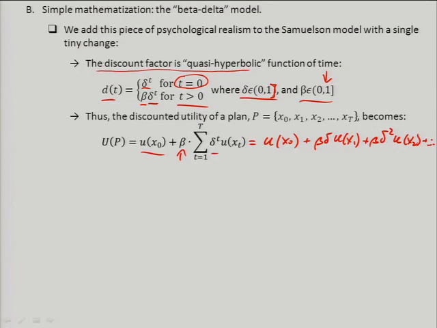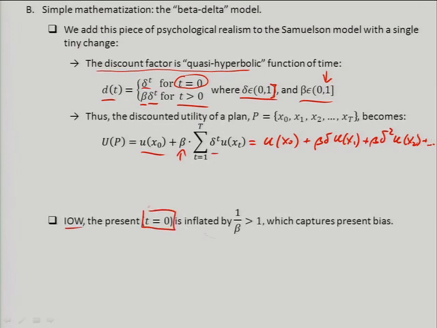Now, the way I would encourage you to think about this initially, so you can really see mathematically how this is embedding a preference for immediate gratification or bias towards the present, is to say, in other words, the present period, t equals 0, is inflated relative to other periods by 1 over beta, which is a number greater than 1. Right? So you can either deflate everything in the future or you can inflate everything in the present. Mathematically, it turns out to be more charming to put a beta less than 1 on everything in the future than to put some number 1 over beta greater than 1 on just the present. It's going to make things much, much easier to deal with. But conceptually, psychologically, that's what that's doing.